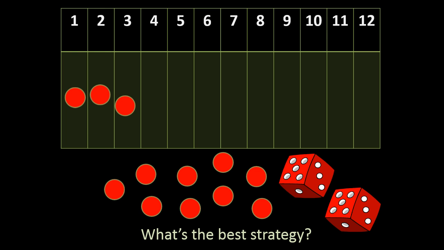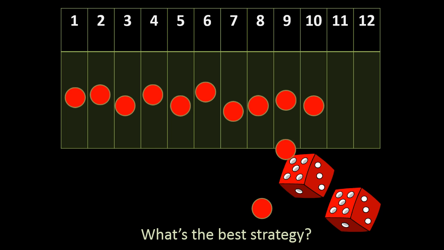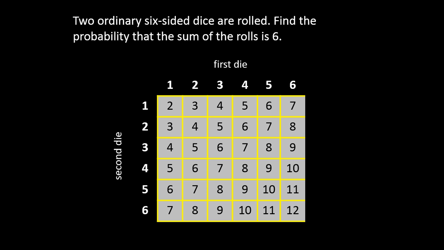Well, maybe you might be thinking, well, with 12 chips and there's 12 numbers, so let's just put 1 chip on each number. Well, as it turns out, that's not really the best strategy for this game. In fact, we've already looked at this sort of problem when we made a table to find all of the outcomes that we have when we roll 2 dice and we look at their sums. And if you think about the outcomes, you can see that not all of the possible outcomes happen with equal probability. For example, there's only one way to get a 2, that's to roll a 1 and a 1, but